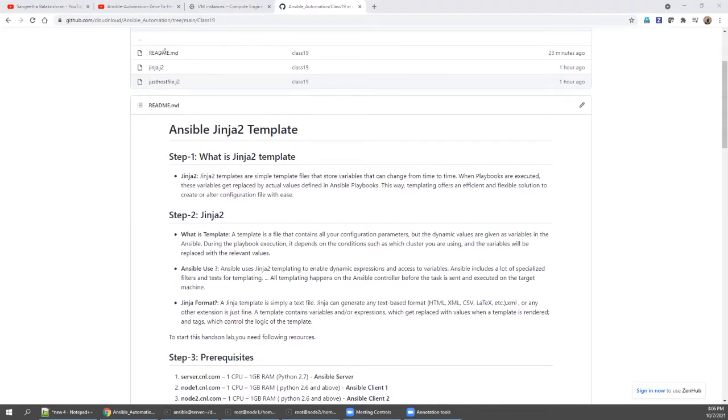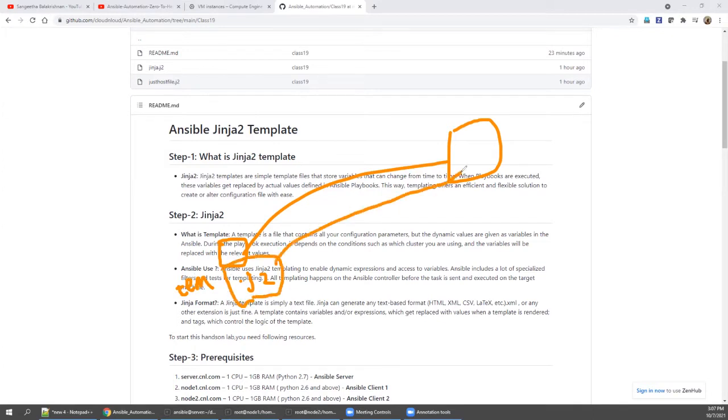You can name it with the extension .j2. Using the template module, you copy the .j2 file from the Ansible server to server one, and the template module copies the j2 file to any of the servers.